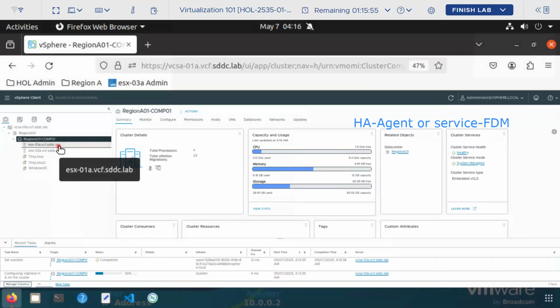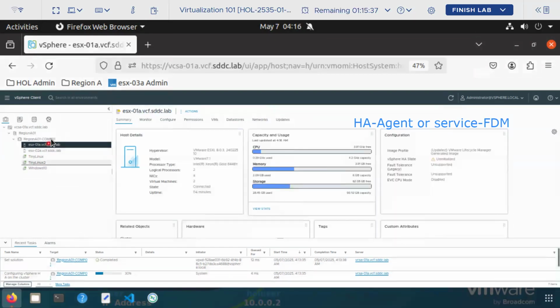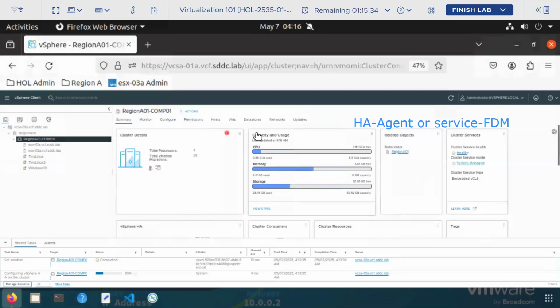The difference between HA and DRS: in DRS, VMs do live migrations, but in HA, VMs will restart, though it won't take much time. It's an immediate action. Okay. So once this is configured with HA,